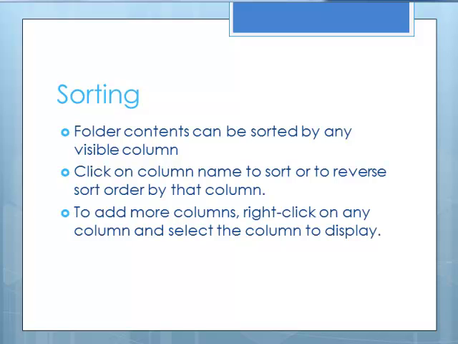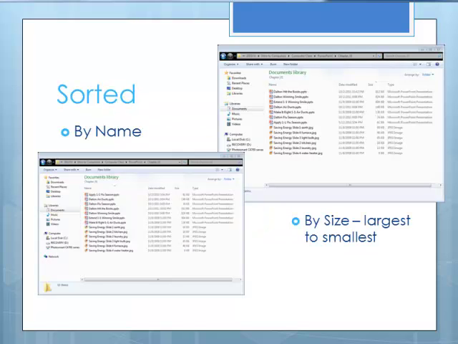Another way to help find files is by sorting them. You can sort by any one of the visible columns, whether it be name, date, or size. There's many reasons to use any one of those. You can click on the column name at the top, the column heading, to reverse the sort order. So you can sort from A to Z or Z to A. You can sort from most recent to oldest or oldest to newest. Likewise, you can sort by size, largest to smallest, or vice versa. Here's some examples. The one on the left is sorted by name, the one on the right sorted by size, largest